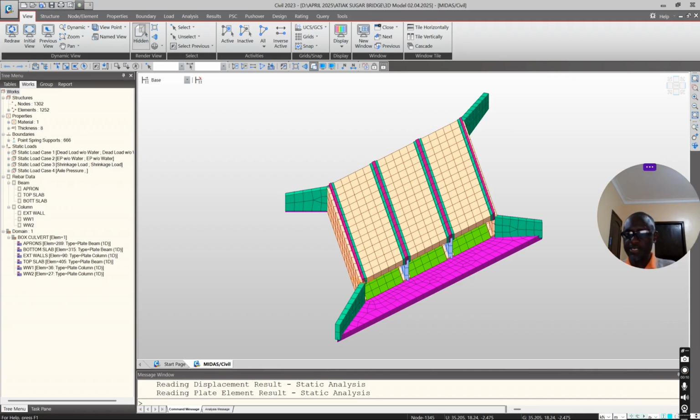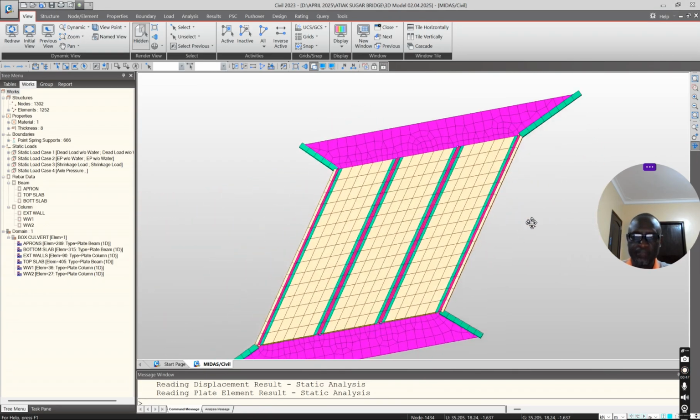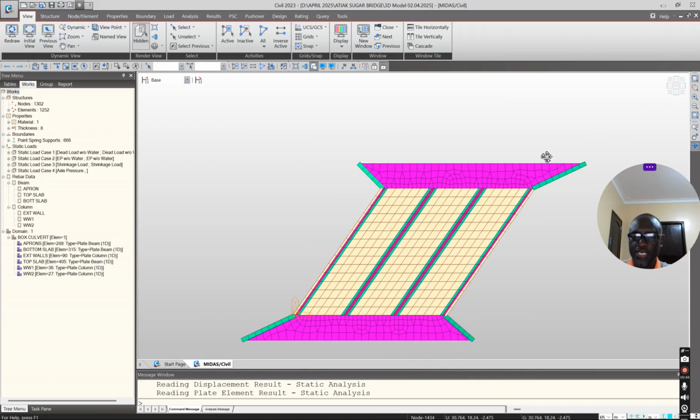I think I'm still loitering around skew angled structures. Now I'm trying to look at the relationship between a skew box culvert with the normal slab bridge, and also maybe similar to the T-girder skew deck bridge. So when you look at this is a skew culvert with both the obtuse and acute angle,